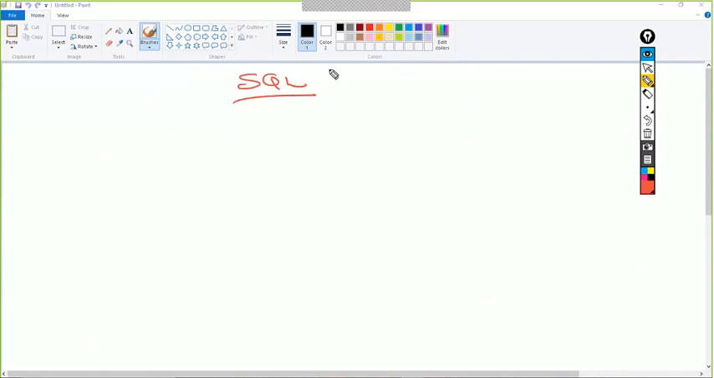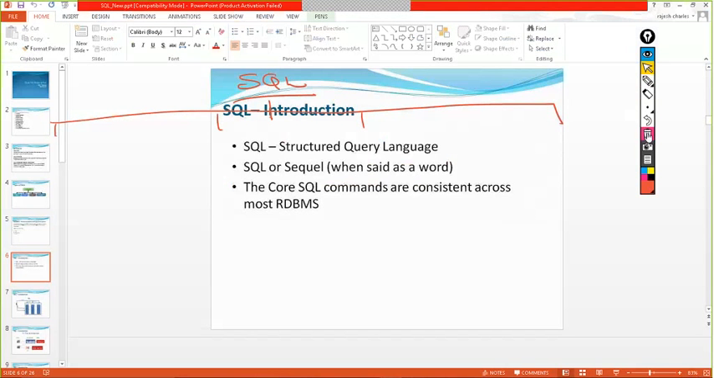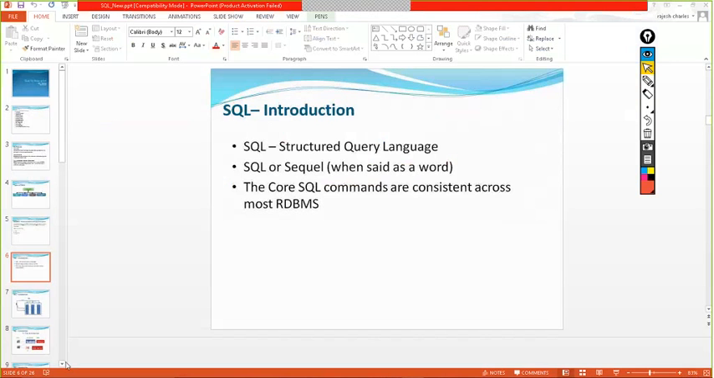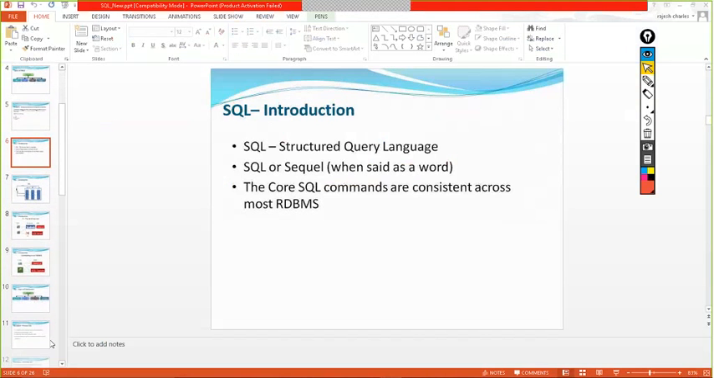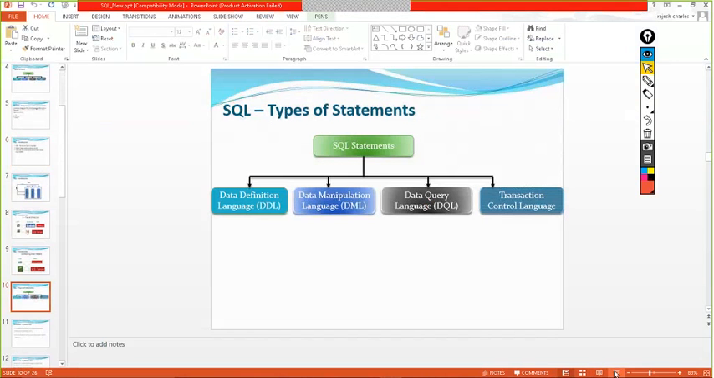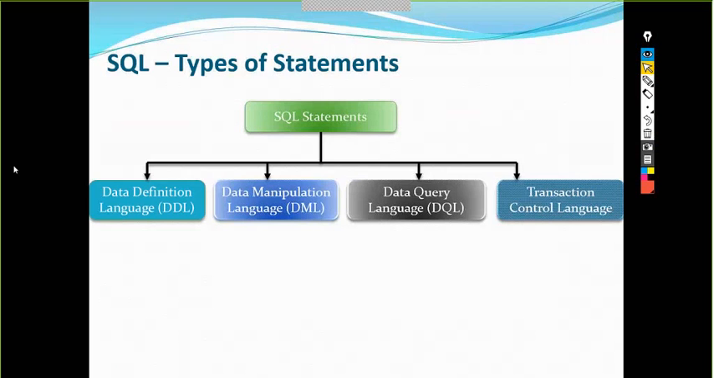Now, when we are talking about the structured query language, it is again divided into different types. What are the different types of structured query language? The different types are data definition language, data manipulation language, data query language, transaction control language. There are a couple more,